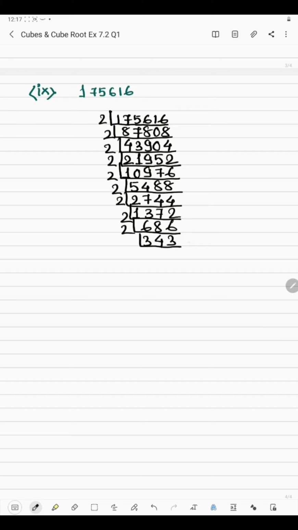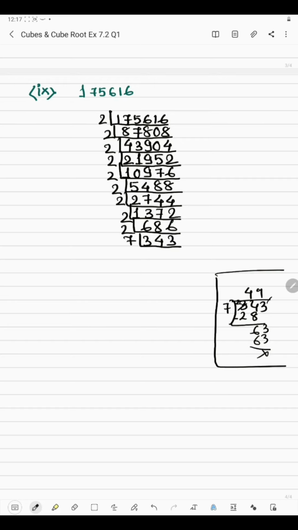Now see here the last digit is an odd number, so it won't be divisible by 2. And if you find the sum of the digits, it's 10, so it also is not divisible by 3. So if I take 7 here, see 7 4s are 28, so 14 minus 8 is 6, so it will be 2. Now see 7 9s are 63, so that means it will be divisible by 7.